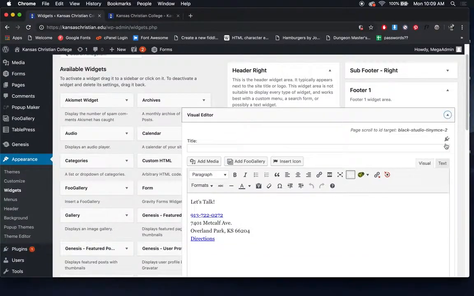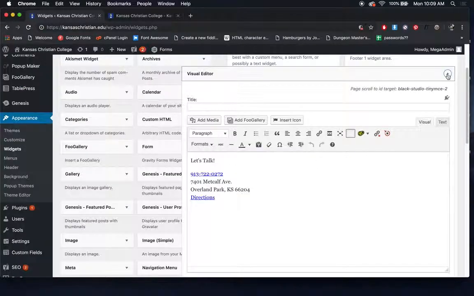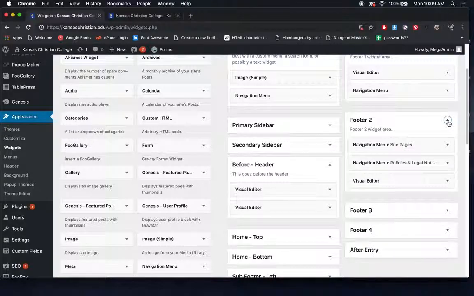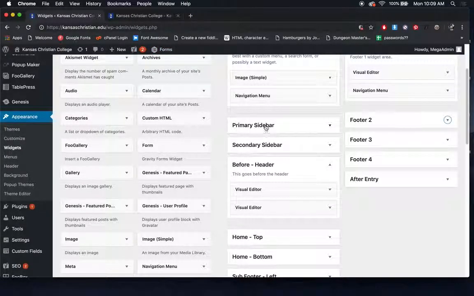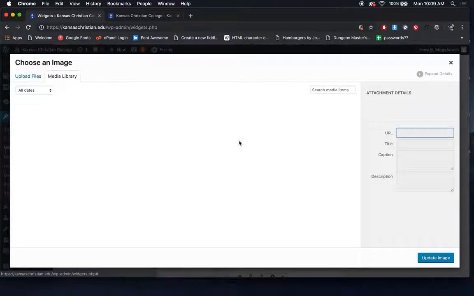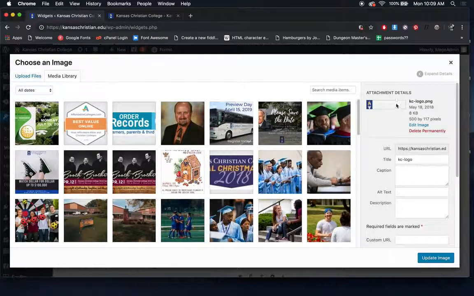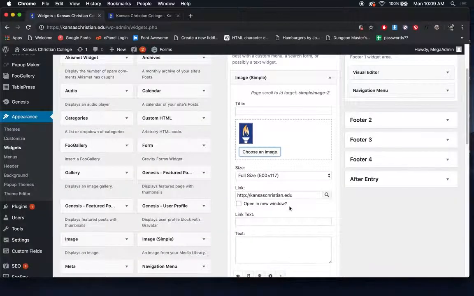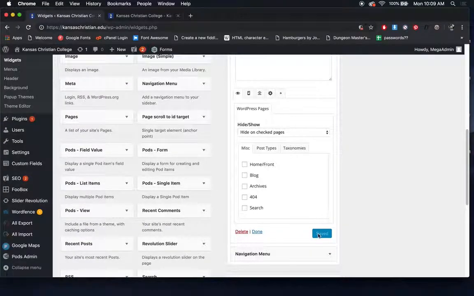Footer 1, we have this visual editor, that's your Let's Talk area, then your social media menu here, and then we have those extra menus at the very bottom. So if you ever wanted to change out what this image is, you can't see all of it because some of the text is white, but it actually has the white text on there as well. If you ever want to change your logo, you can click on that, click on an image, then click Update Image,